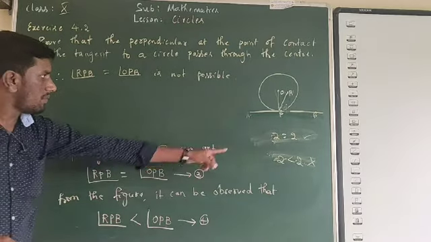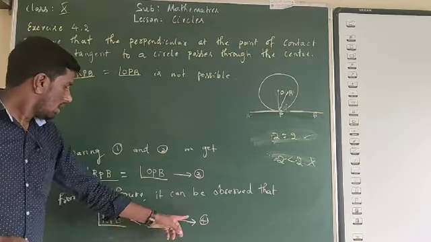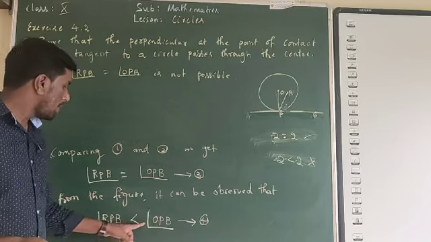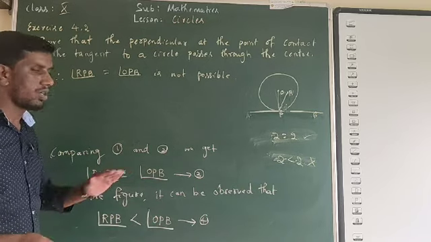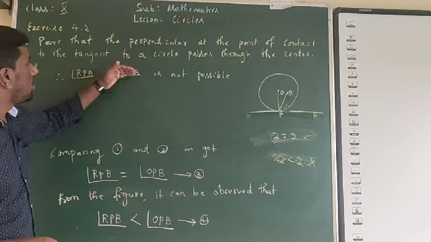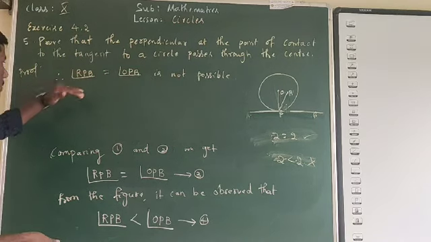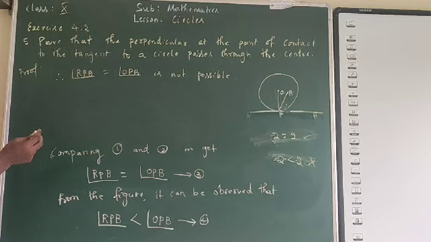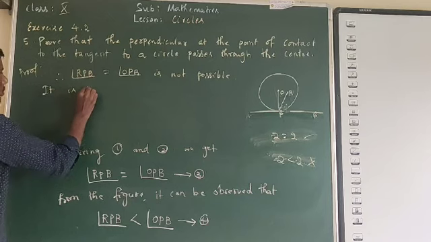Since it is true from the figure that angle RPB is less than angle OPB, then this equality is not possible, right? So equal to is not possible. This is possible only when the line